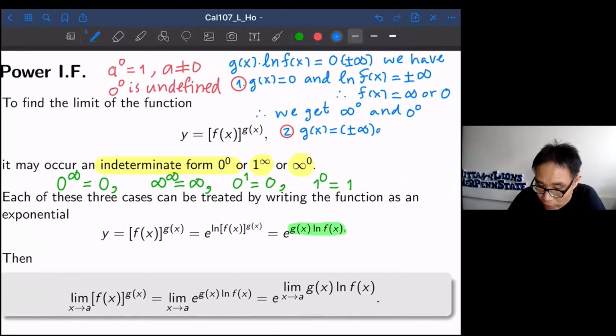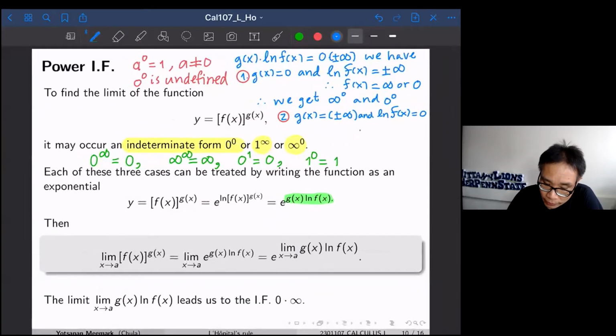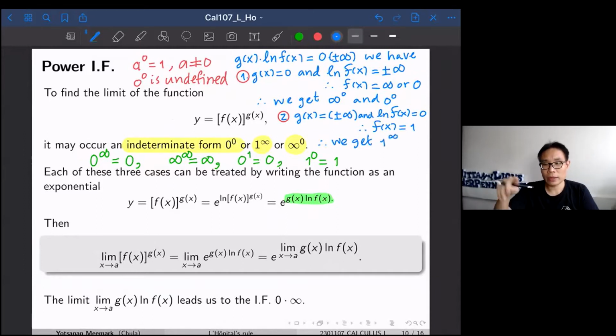So log f(x) equal to 0. And so you solve for f(x), you get f(x) equal to 1. And we get 1 to infinity. Okay, you don't need 1 to the positive or negative infinity. It doesn't matter. It's going to be 1 to infinity. That's fine. So you have three kinds of indeterminate form, namely infinity to 0, 0 to the 0, and 1